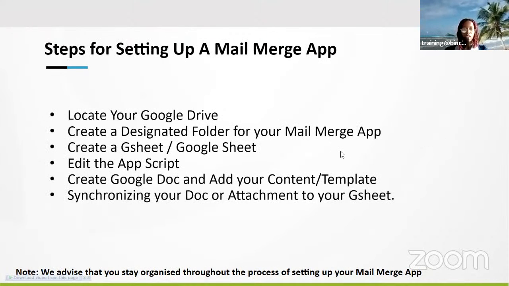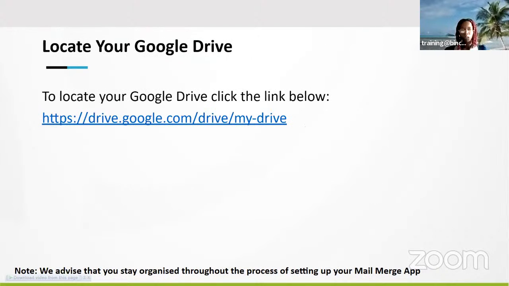It's really easier. And for setting up, you need your Google Drive, you need the destination and designated folder. That's if you're sharing attachments with an email that you intend to send. You need to also create a Google Sheet where we have content like the name, the image body, the email, send receipt, whatever information you need to get is on that Google Sheet. And then we need to also edit the app script. You'll see a sample of it shortly.